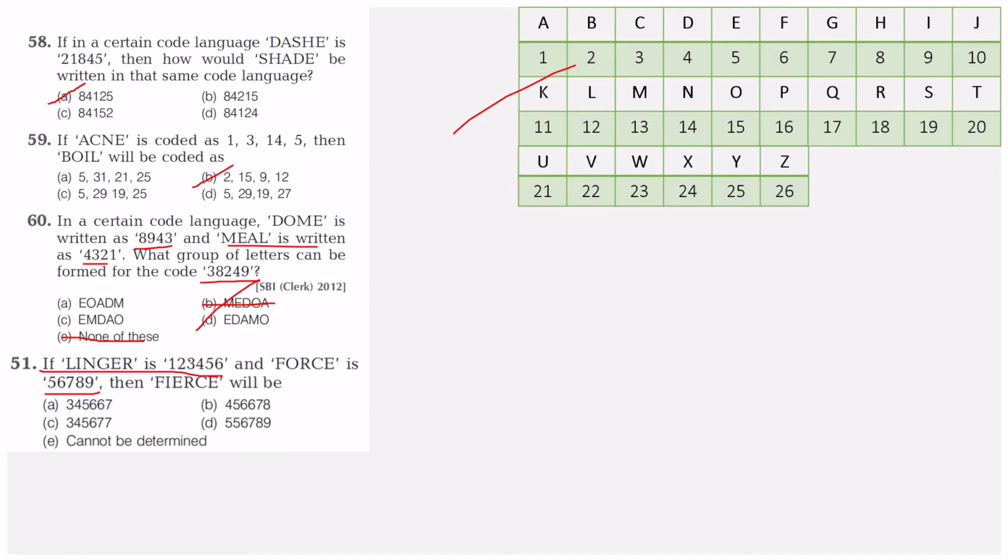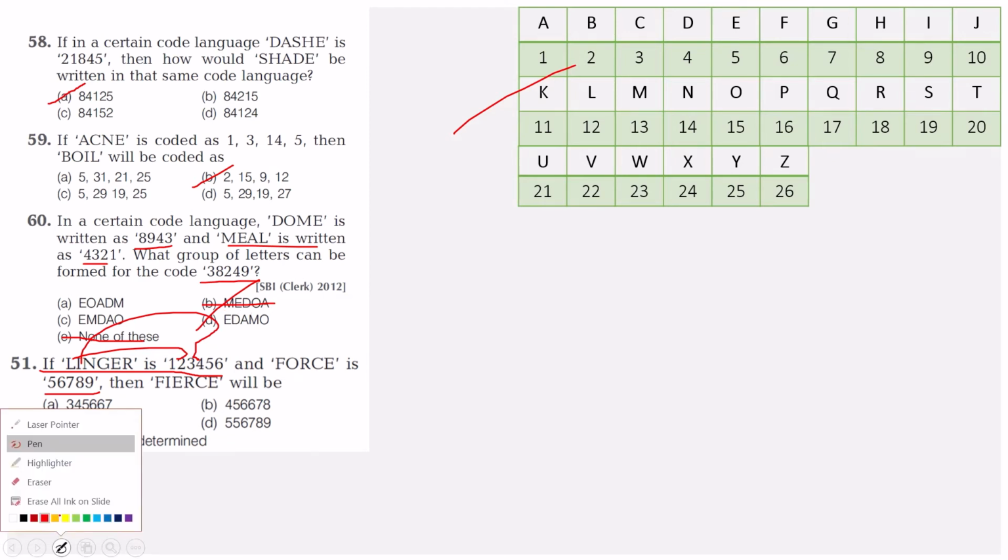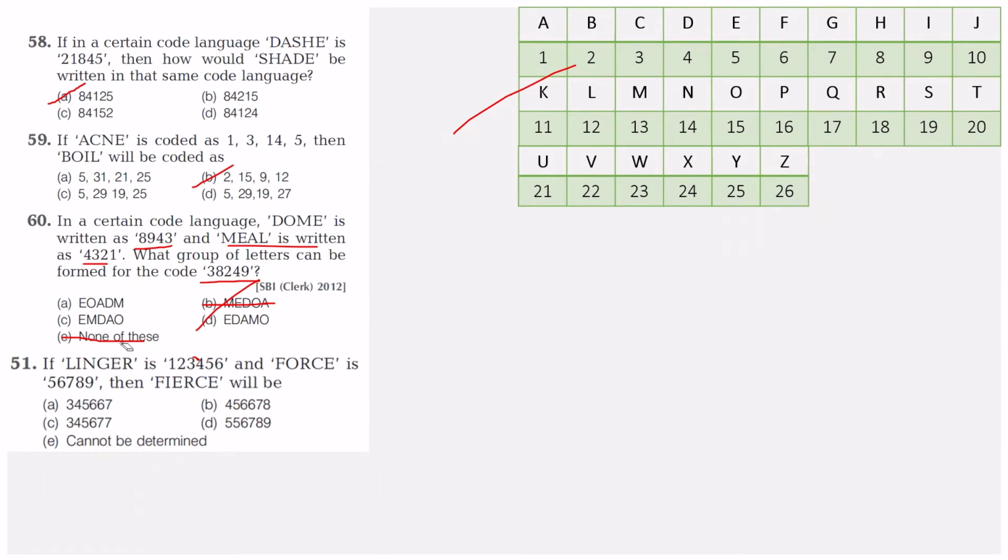There is a confusion over here. L stands for 12, even I know that, but I doesn't stand for 3, right? So even 34 can come if you just take a 2 double digit. Let me erase everything, the nonsense stuff. One second. And if you just solved the previous questions correctly, you are great. And if you did not solve, also don't worry. By seeing my video, you will solve everything.